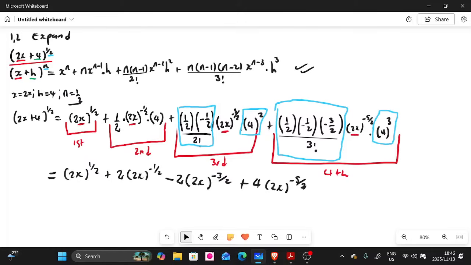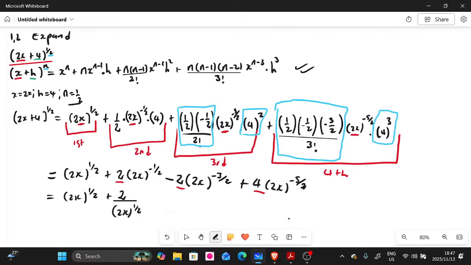Please, members, double check for me the terms there, right? Especially these ones here, the coefficients. But I think they are correct. So from there, rather leave your answers in surds and positive exponents. So this one here is 2x to the power of half, right? Plus this one is the exponent that is negative there, which is negative half. So we're going to only be left with the coefficient, which is 2 there that I highlighted in red. And then underneath there, now we're going to have 2x to the power of half.